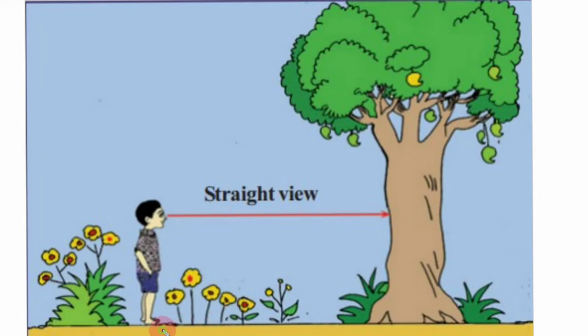and it is parallel to the ground, right? The ground and the straight view of the boy are parallel, right? So this boy's straight view is parallel to the ground, and that means our line of vision is parallel to the ground. And if we want to see things a bit high, we have to raise our head, right? We need to raise our head.